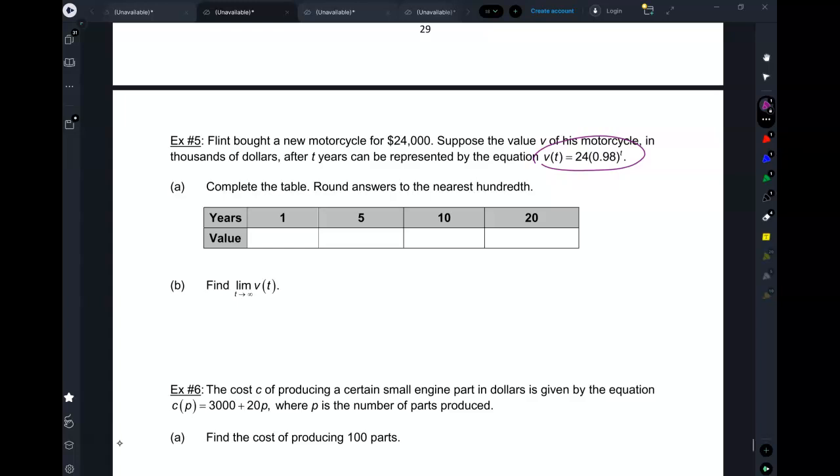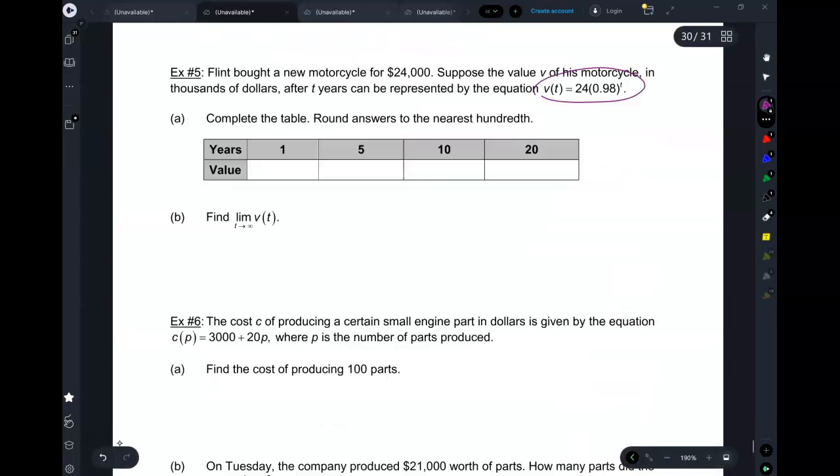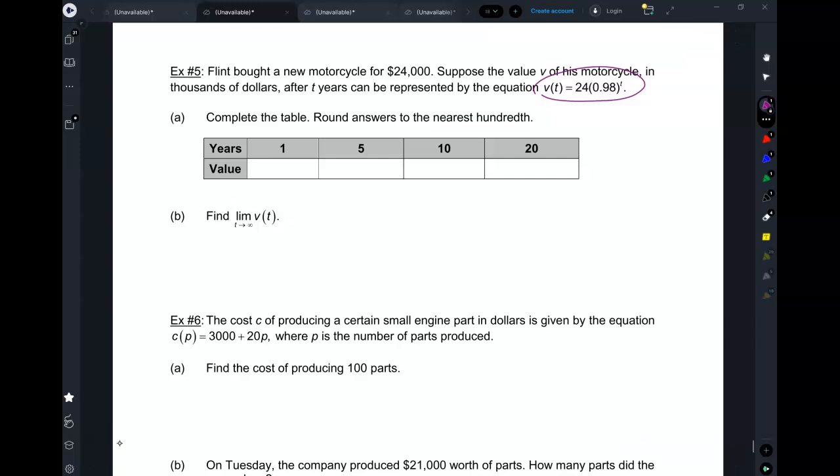Decay, because this is less than 1. It's decaying slowly because it's very close to 1, but still. All right? So, very quick. You know what? No, later, because we need to be here. Okay, so,